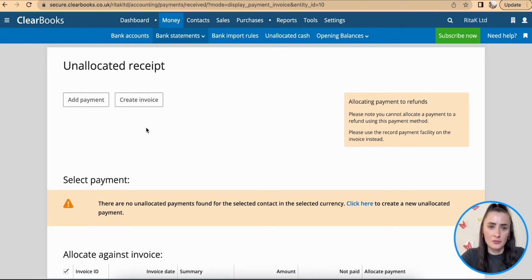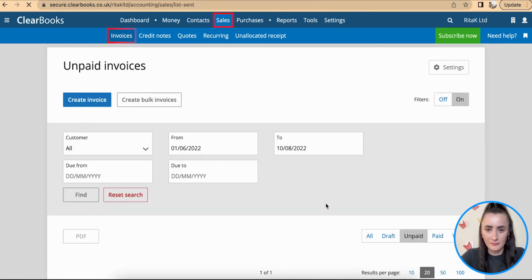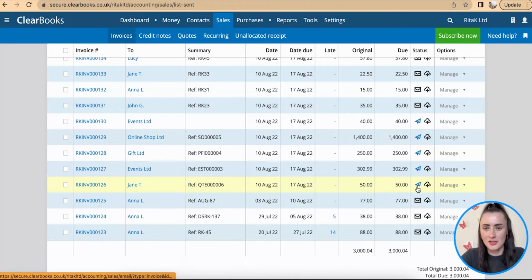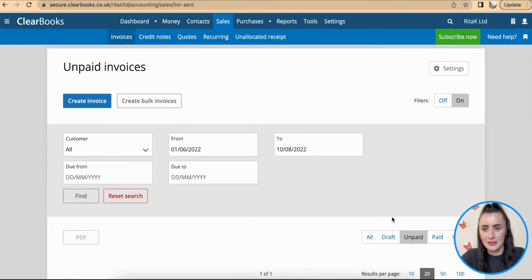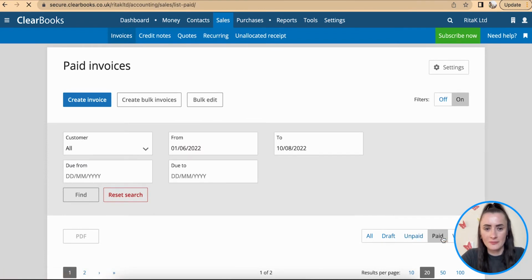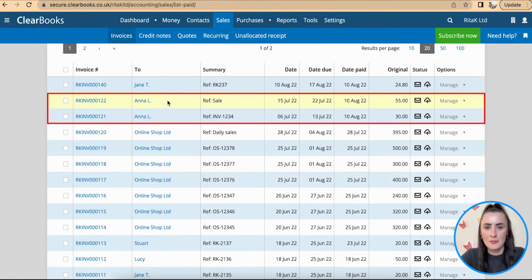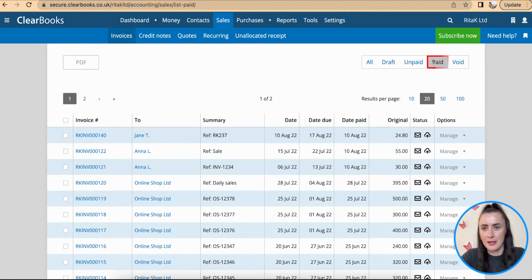Now if I go to my invoices, and if I look at the unpaid section, the two of Anna's invoices for 55 and 30 have disappeared. And if I go to the paid section, I can see both Anna's invoices here marked as paid now. They're in the paid section. So in this episode, I showed you how you can mark invoices as paid on ClearBooks